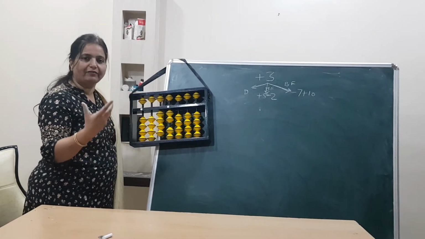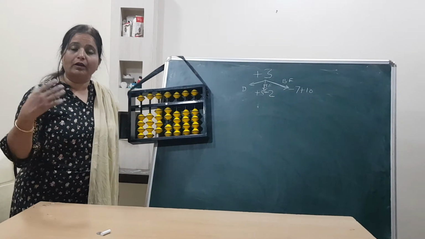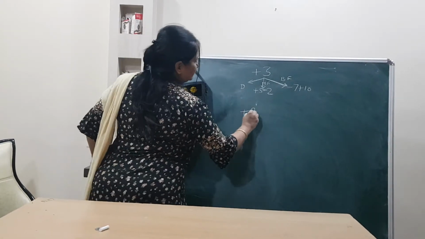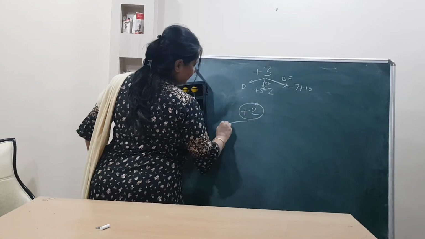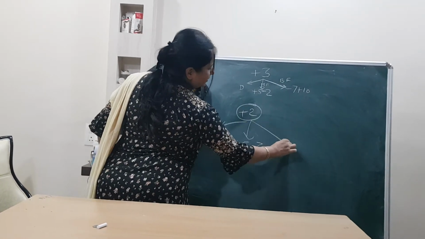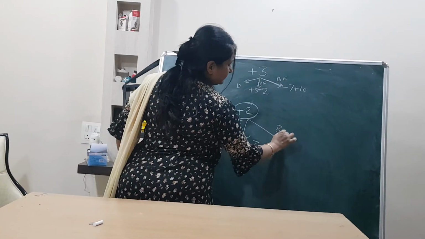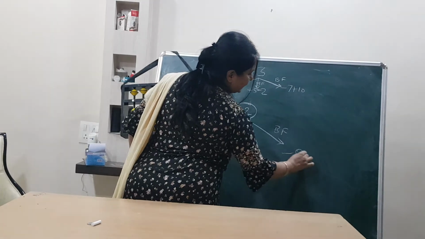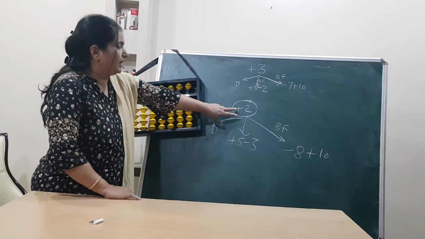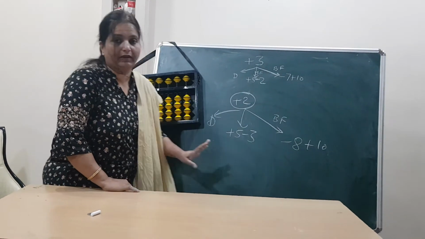Isn't it very easy and very interesting, students? So the same way you can perform for plus 4 and plus 1. So plus 2 means what? Direct. 2 friend 3. So plus 5 minus 3. In the plus 5 formula minus 3, and in the big formula 2's big friend is minus 8 plus 10. So whenever in any sum you have plus 2, you have to look in 3 ways.